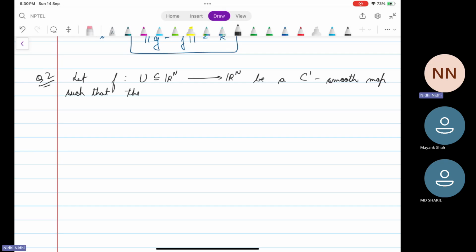the derivative, we know that the derivative would eventually give us some matrix. The derivative map is invertible. That means the corresponding matrix is invertible at all points in U. Show that